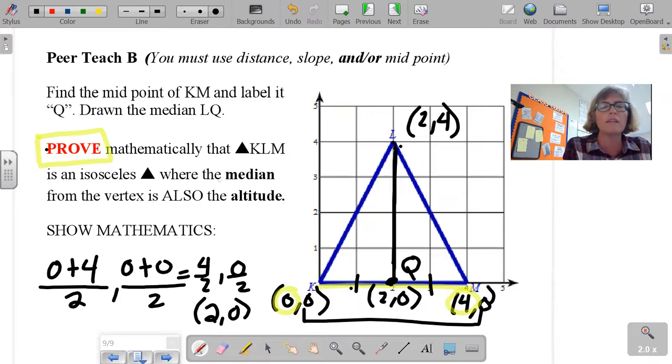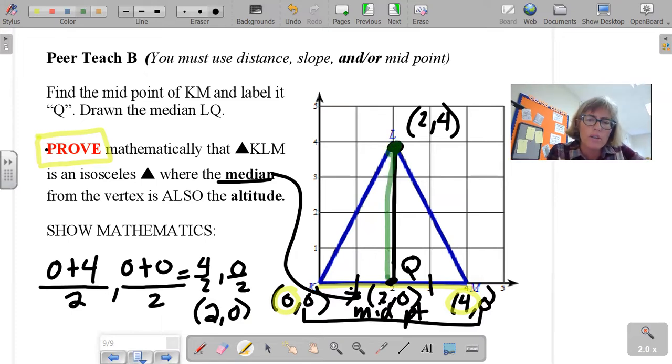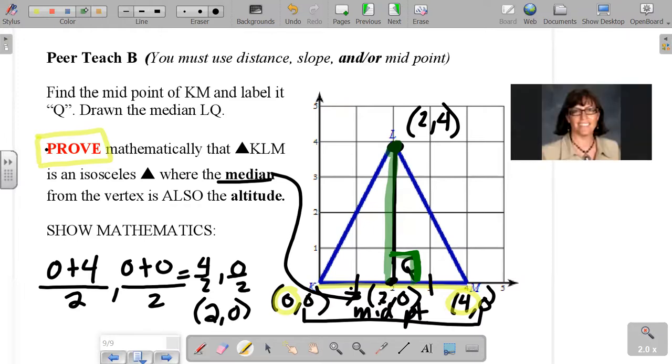Why does it qualify as a median? Because we just proved that that is a midpoint. Median connects vertex to midpoint. Now, we're also going to prove that it's an altitude. So you're going to have to quiz your person if they remember what is an altitude. An altitude connects vertex to a right angle. So once again, you can't just look at it and say, well, it looks like a right angle, therefore it is a right angle. You have to prove mathematically that